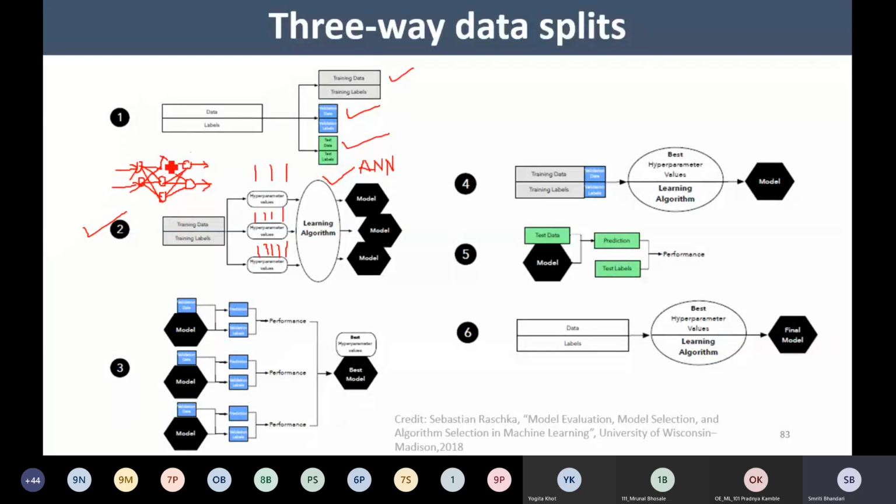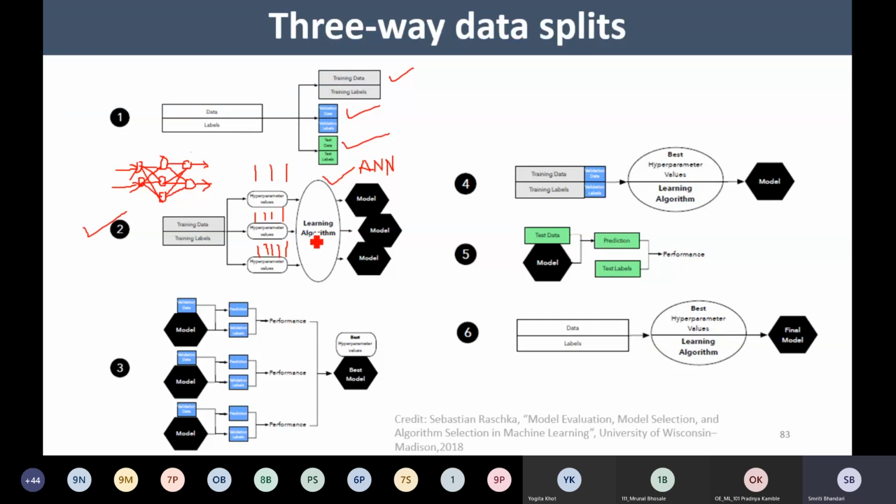So I may have different parameters for the implementation of an ANN, right? So the number of neurons in the hidden layer. Right now we are depicting only one hidden layer, okay? But it is not always the case. I may come up with one hidden layer, two hidden layers, three hidden layers, whatever it may be. Correct? The number of neurons in the hidden layers, that parameter may also change.